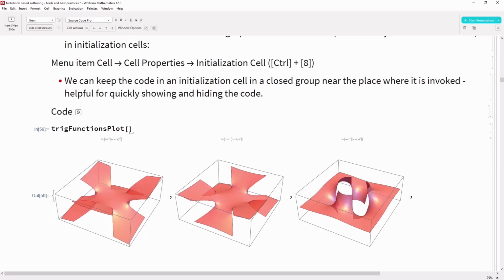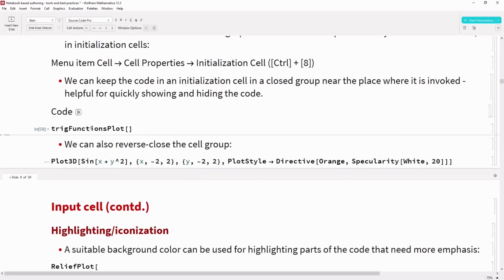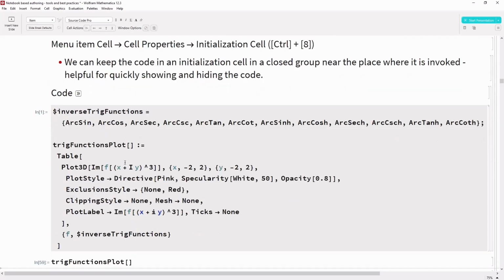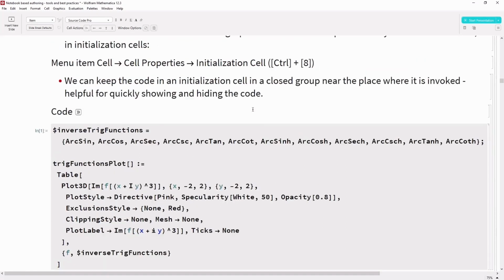So this is my output for this function, and here you can see that I have kept the code for this function in an initialization cell. An initialization cell can be made using the shortcut Control-I.